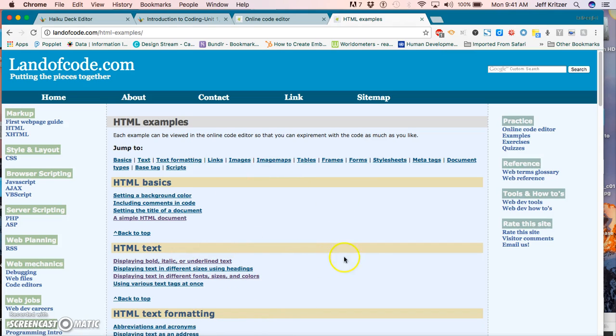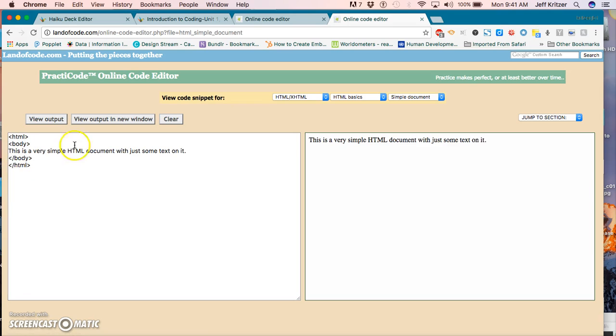For example, let's say that you wanted a way to set up a simple document. Well, this right here will give you the framework for setting up a simple document. And you can alter the text and play with it any way you want. Just like that. And this is going to be the text editor that we will use for units 2 and